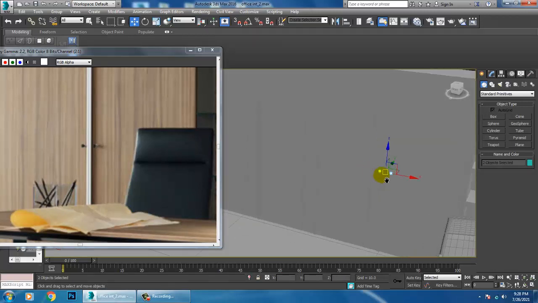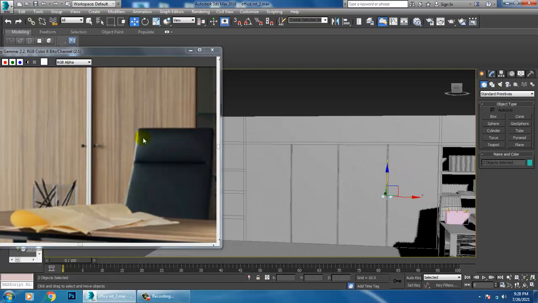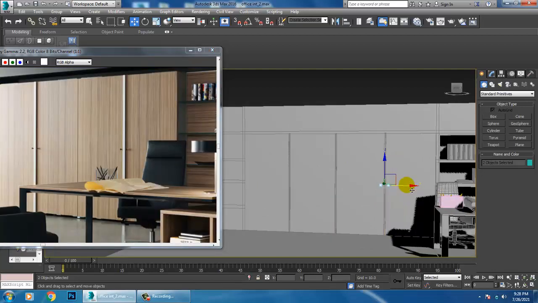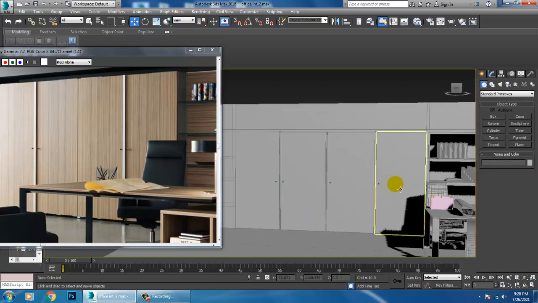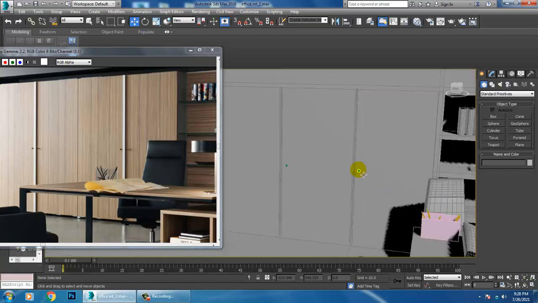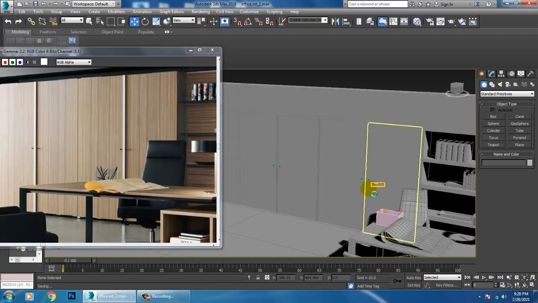Select this, shift and drag it. Just duplicate it over here, delete this. Save your file again.